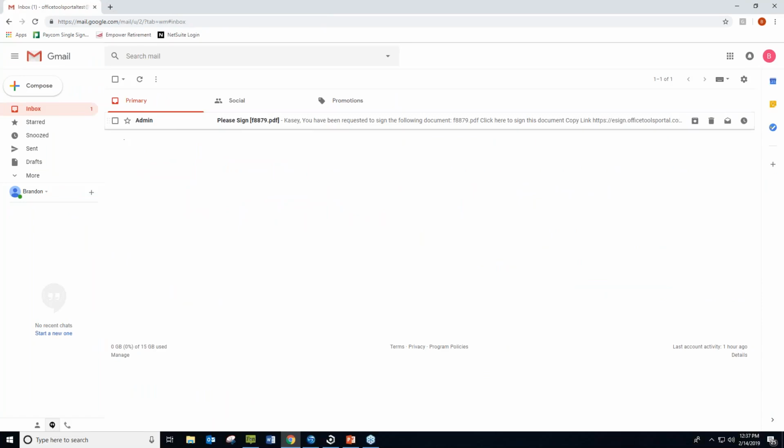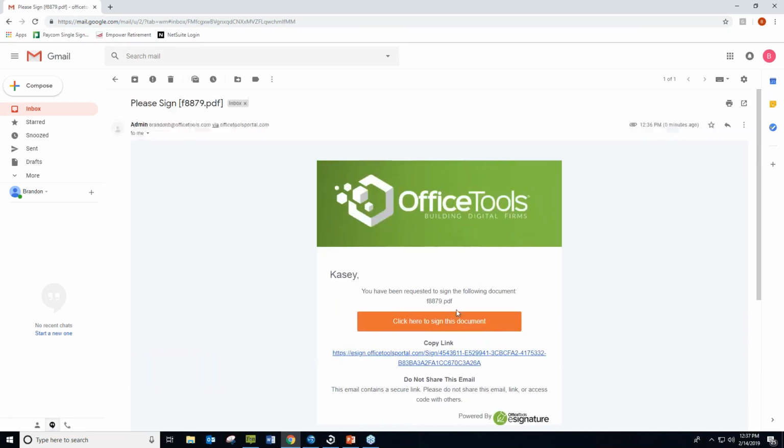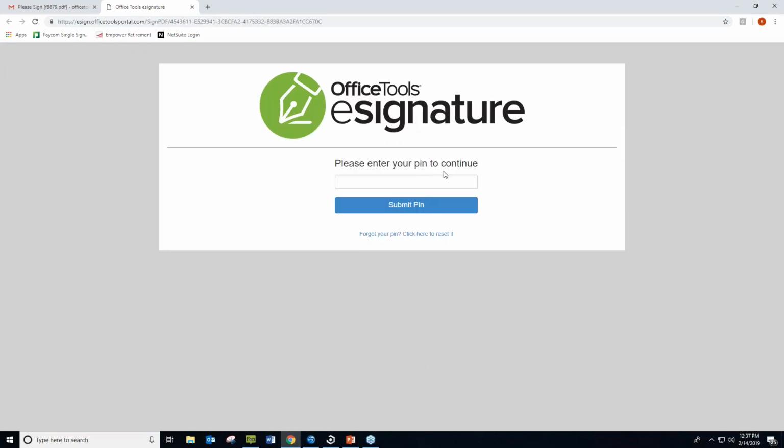So I just pulled this open, and you can see it says, Casey, you have been requested to sign the following document. Click here to sign it. So we'll go ahead and click. When we do that, we have to enter in our PIN. Now, I already have a PIN set up for this client, but if I didn't, the first email I would get would be to create the PIN. It would ask, hey, you've got to create a PIN. It's 4 digits, and then we would get this email, and we would just log back in using that PIN we just created. So in this case, I'm going to enter in my 4-digit PIN,